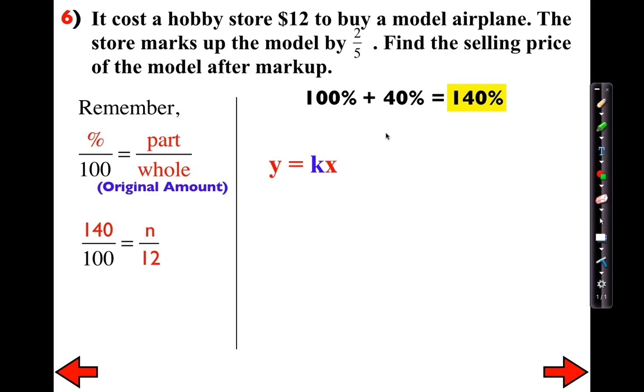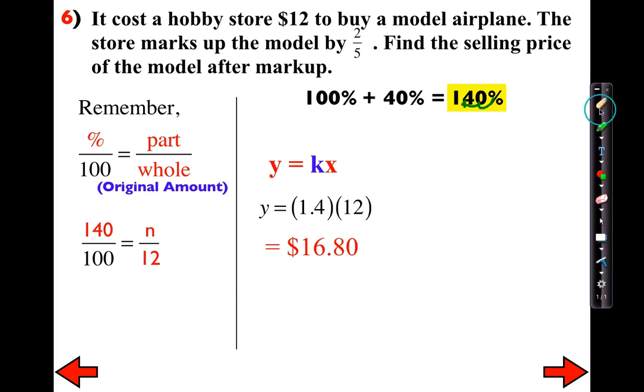We don't know the new value with the markup. That's what they're asking us to solve. So we don't know y. However, we know k is 1.4. And again, just moving that decimal over, we're essentially taking 140% of the $12. So we're going to multiply that by 12. When you multiply that, you do get $16.80,